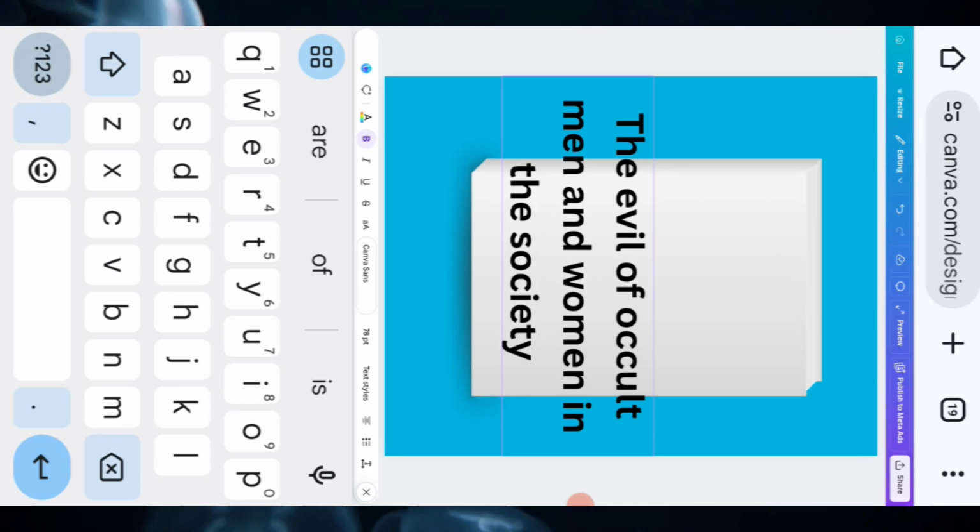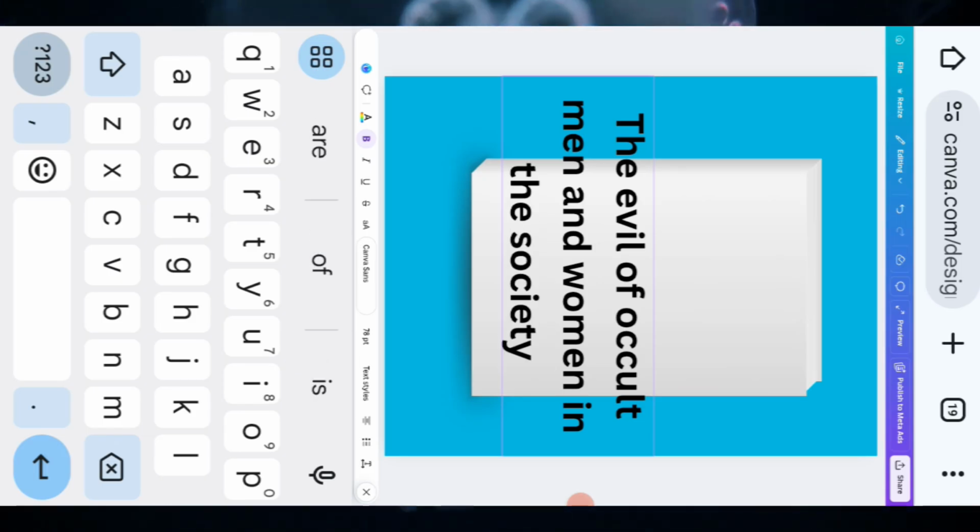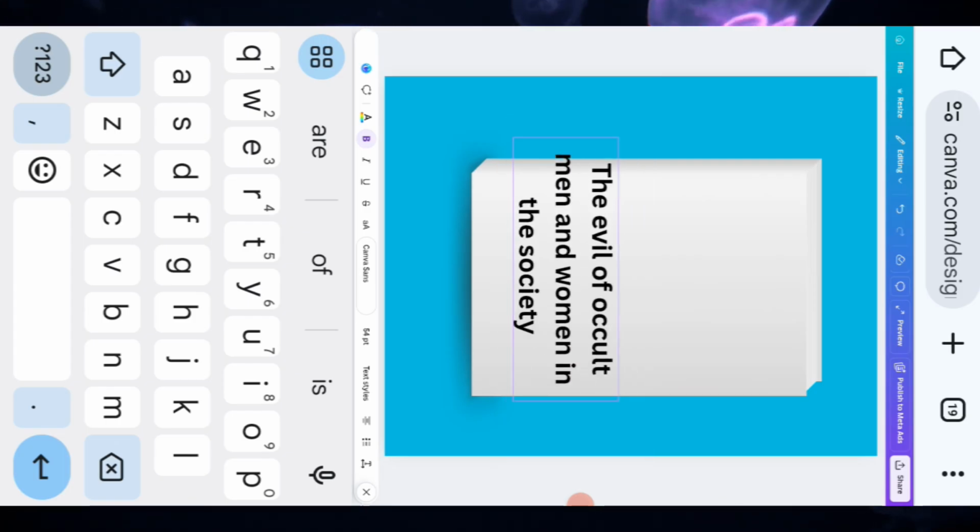So we have our title here, but this title cannot just carry the same color, so we have to